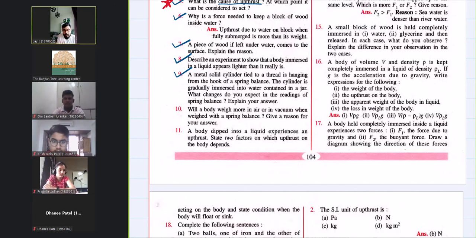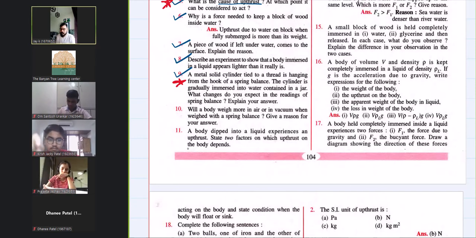So upthrust तभी बढ़ता है जब बॉडी वाटर सरफेस के ऊपर होता है थोड़ा सा. अगर उसको और नीचे सबमर्ज करोगे, जितना ज़्यादा वॉल्यूम बॉडी का सबमर्ज होगा पानी के अंदर, अपथ्रस्ट उतना बढ़ता जाएगा. When the body is completely submerged in water, the upthrust will be there, but it will become constant. It will not increase further. So you can frame it like this. This is a good answer. This ninth one is also your homework.